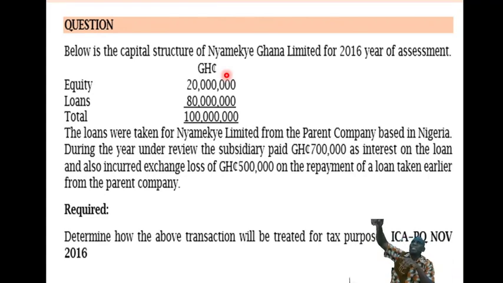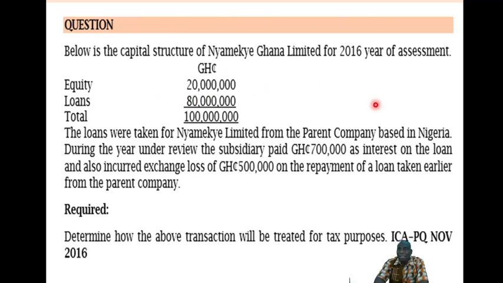Because when you go and take equity from elsewhere from independent persons, that one is not between associates or related parties. So there's no need for you to worry yourself because the transaction would have been done at arm's length. But the tendency is that these people, because they are related, any tax avoidance scheme they embark upon will be to the benefit of the related persons or the group. That is why they enact anti-avoidance provisions in the law to counter the effect of the tax avoidance. Okay, so we go. So now we are going to establish whether it is beyond the cap. Now look at this.